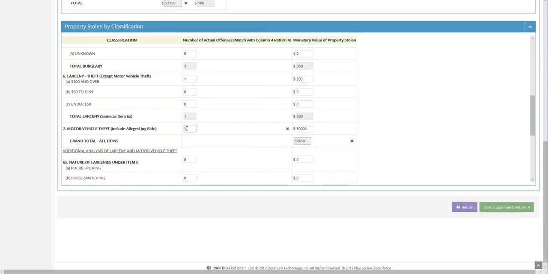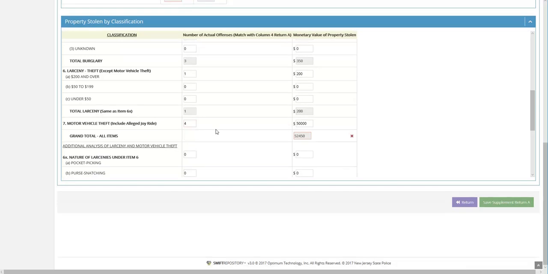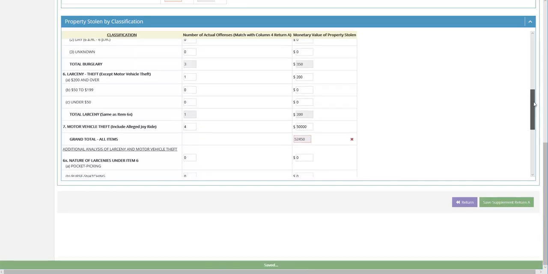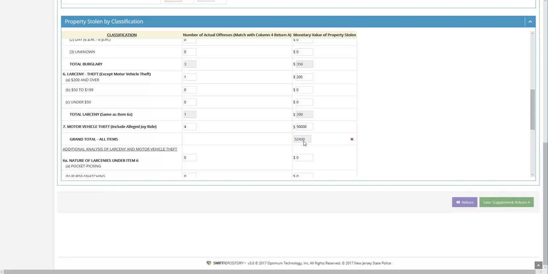And see if that might be where our error is. That's it. Okay, so I'd put in 5. I was thinking we had 5 when actually one of them was not an actual stolen vehicle. And so we show here $52,450 worth of grand total items, and it's giving me an error because